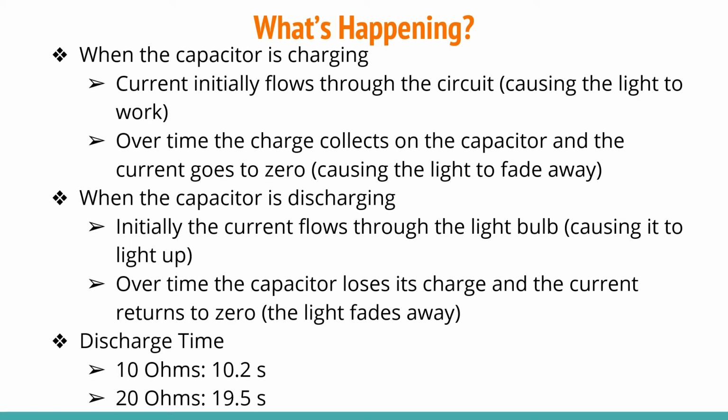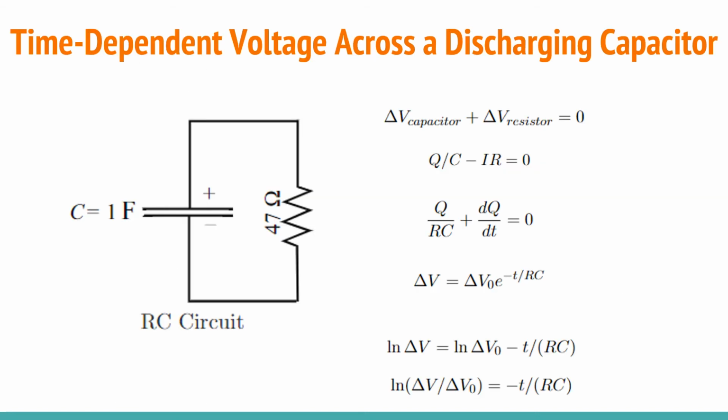fade away. I recorded the time it took for the capacitor to discharge using a 10 ohm light bulb, then repeated with a 20 ohm bulb. The times were 10.2 seconds and 19.5 seconds respectively. The lab explains how to compute the time constant of the circuit. The time constant is the time at which the voltage difference has dropped to 1 over e of its original